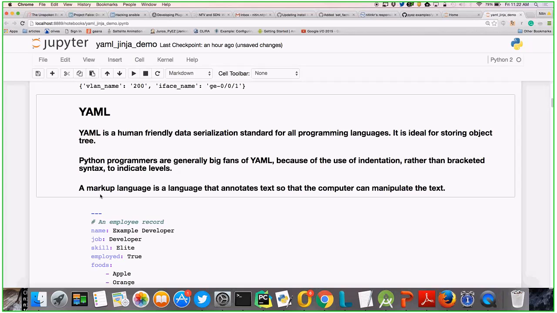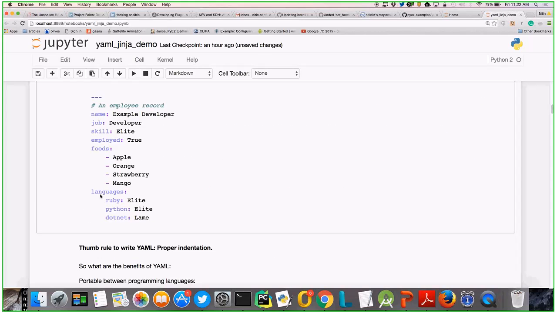Say if I define this kind of YAML, so this is a text file, but this can be converted to any of the language data types. So if I convert it into Python, I'll get dictionary and list out of it. Similarly, if you convert that into Perl, you'll get map, hash, all those things. So that's why YAML is very useful, where you have multiple languages which you want to work with. You just put your data into your text file, use your language module and import it, and you'll get the data.